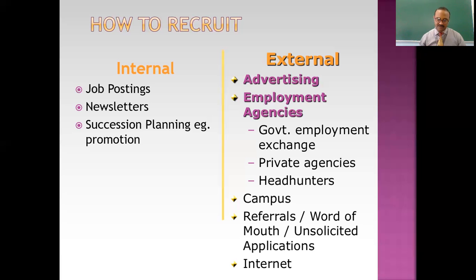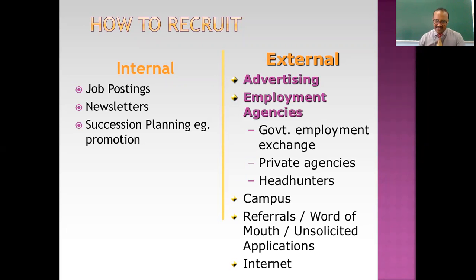Unsolicited applicants are those candidates who apply to an organization when the organization hasn't called for a recruitment drive. The organization is not recruiting right now, but candidates feel, let me try sending my application and see if I get a call. Sometimes you may get the right candidates through this unsolicited source. Instead of just saying we don't need it and putting it in spam, or tearing that CV and throwing it away,